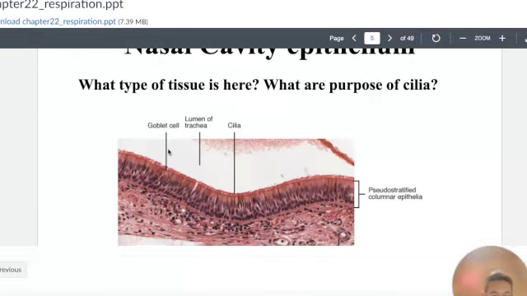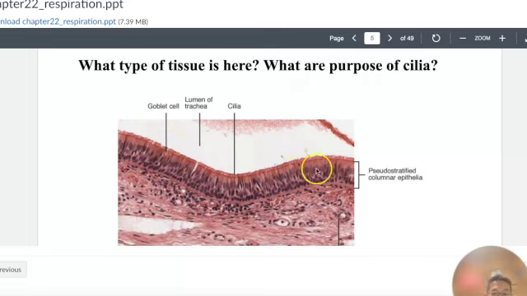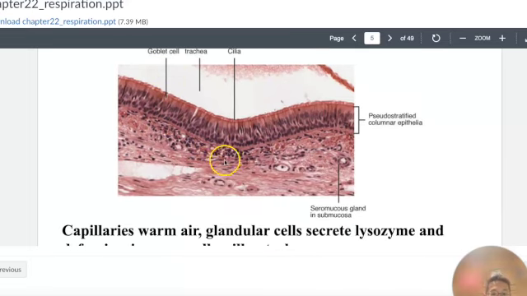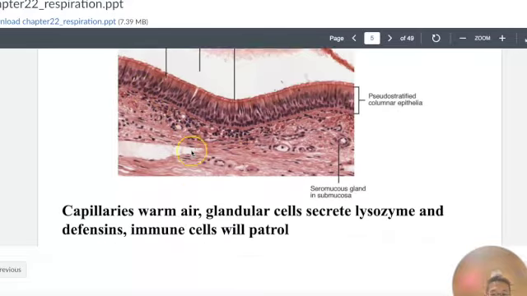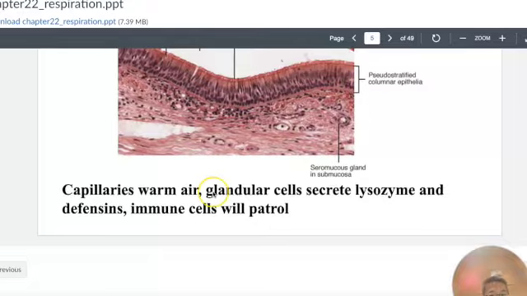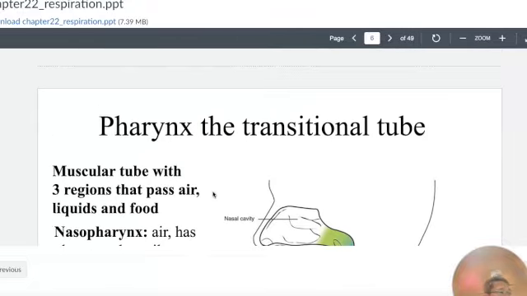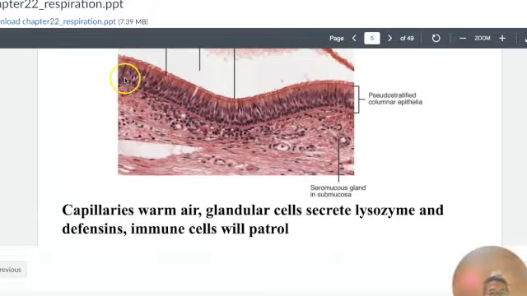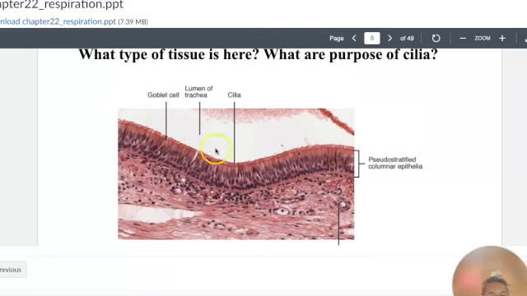Okay, nasal cavity epithelium. The epithelial tissue in the nasal cavity is pseudostratified columnar, and if you remember, there are a lot of goblet cells in there. These goblet cells produce mucus and trap debris, bacteria, and all that stuff. And it's always beating. You see the little cilia on top, little cilia or little hairs. It's always beating